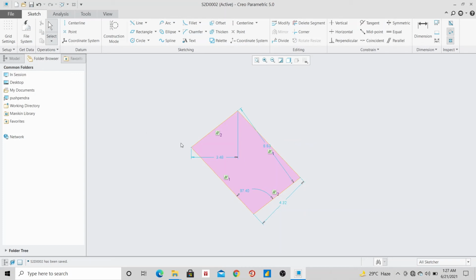Now I want to open that previous one where there was a circle. What to do now? We can open it. As I have told you, Creo is memory based software. It stores your data. Whenever you click Ctrl S or you click save, the data is saved.